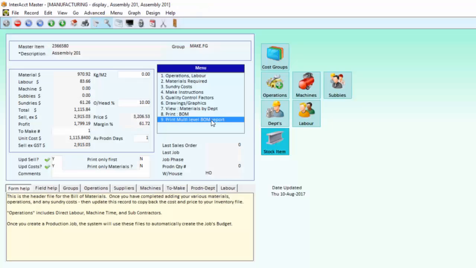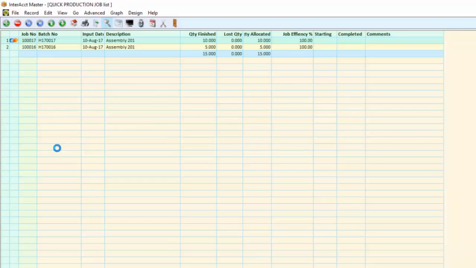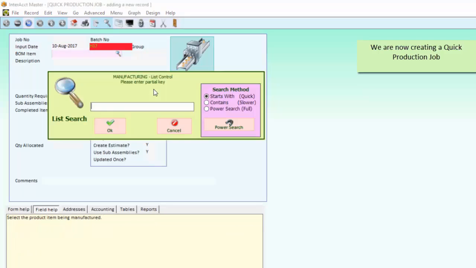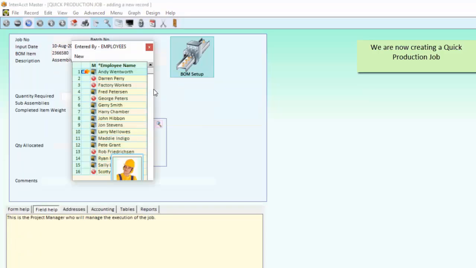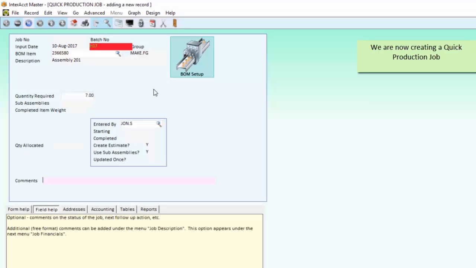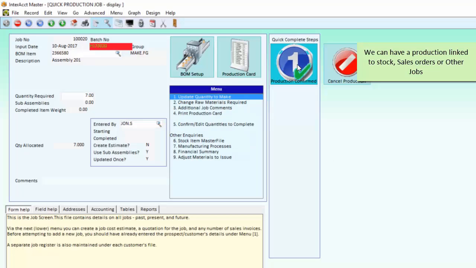We can then go off to create a production job. I'm going to go through the quick production system and show you what's involved in doing a quick production. We can input the date of the production, which item we wish to produce, who from our office is making the item, and how many of them we're going to make. The system will perform a check to see what of those items are in stock and available, reserving them and putting them aside. To complete the production, we just need to confirm the production,